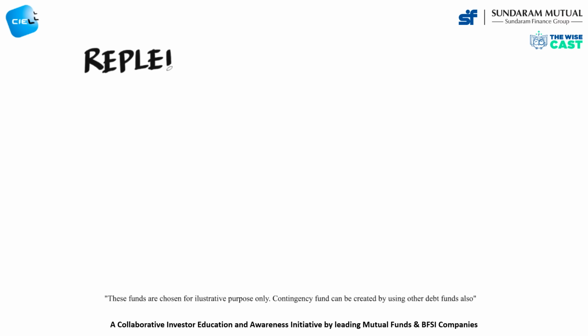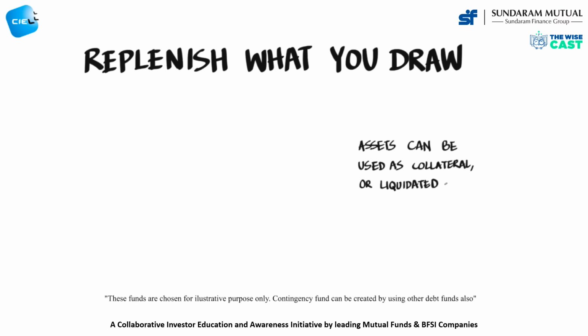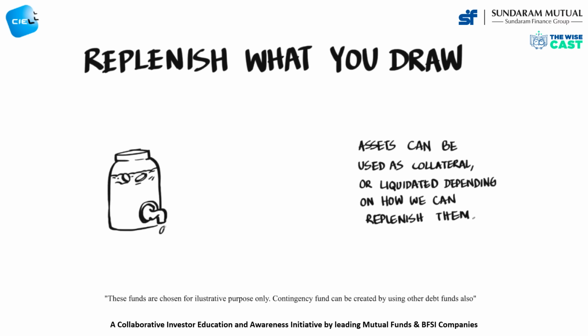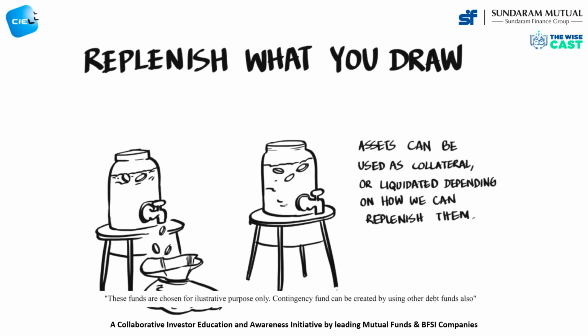Lastly, we need to define the situations which will warrant withdrawing money from the fund, and replenish it as soon as possible. When there is a contingency, the choice is to either use a loan against deposits, gold or mutual fund units, or to liquidate the investment. If there is risk to income, liquidation of asset is a better choice as there would be no cash flow to repay the loan. Loan can be used if there is income to repay the loan and if the rate of interest on the loan is lower than the rate of return on the asset.